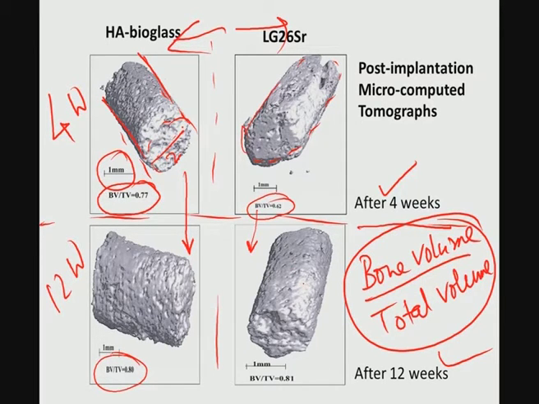Okay. So, what are the implications of these results? The implication is that quantitatively the 100% strontium substituted glass ceramics may not be as effective to induce early osseointegration. However, as far as long term osseointegration is concerned, it is as effective as the control implant. I am mentioning this so that you understand how to interpret and how to signify these micro-CT results from a quantitative perspective.